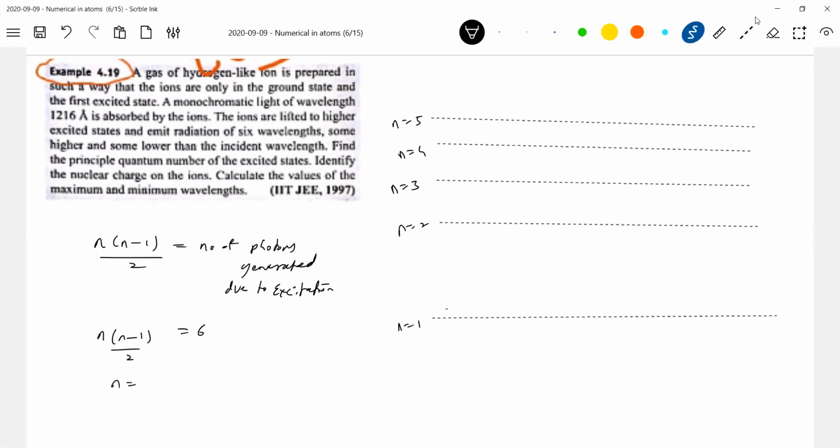Anybody value of n? 4. I'm getting n equal to 4. Okay, so what is the highest state? It should be equal to 4. So from 4, I'll trace it out here. So this should be lambda 4 1, lambda 4 2, lambda 4 3. Then